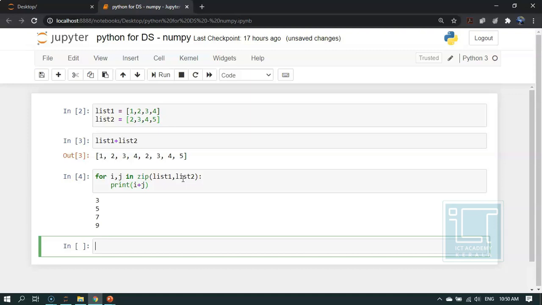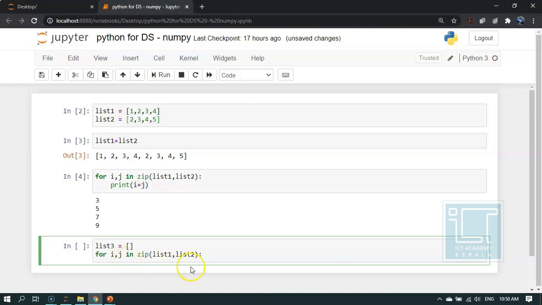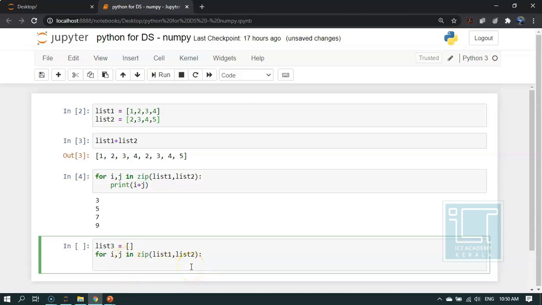So in order to store it, I am creating an empty list, list 3, and I am again copying this for loop, and then what I am going to do is I am going to append each sum value to list 3.